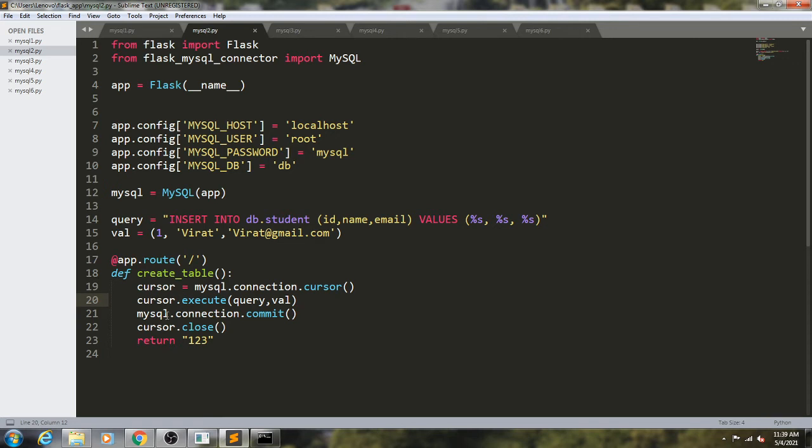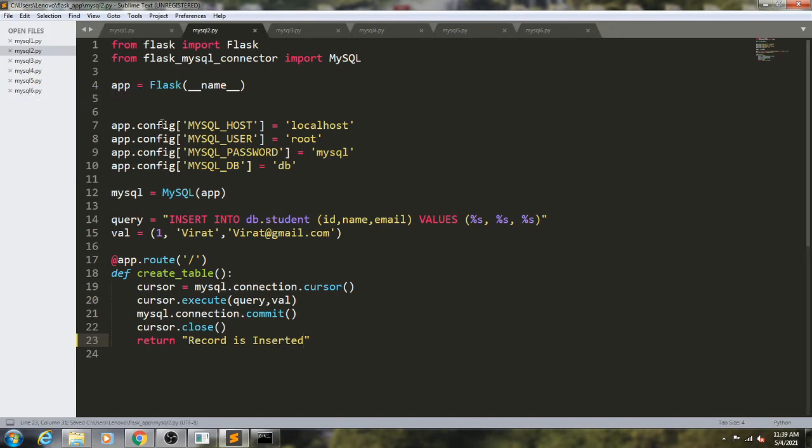So write mysql.connection.commit, then close the cursor we have opened, and return the text "record is inserted". You can write any text here. So this is the script to insert a single record into the table.